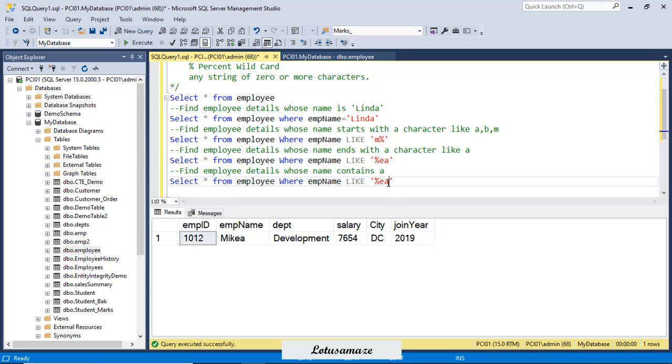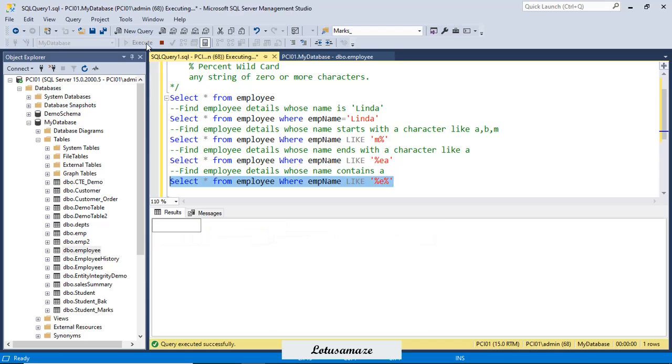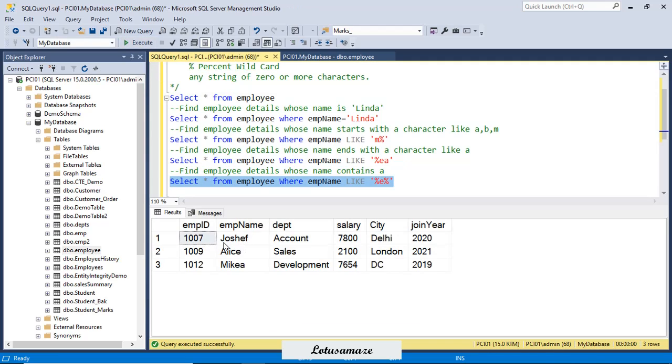So we have to use the percentage sign on both ends. It means the E character could be at any position, because the word is contains. Now if I execute this one, I get 3 records, and you can see the E in the second last position, in the last one, and in the second last.